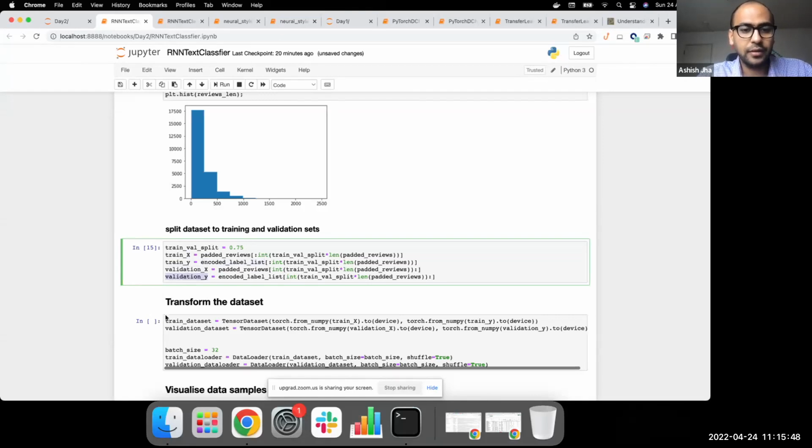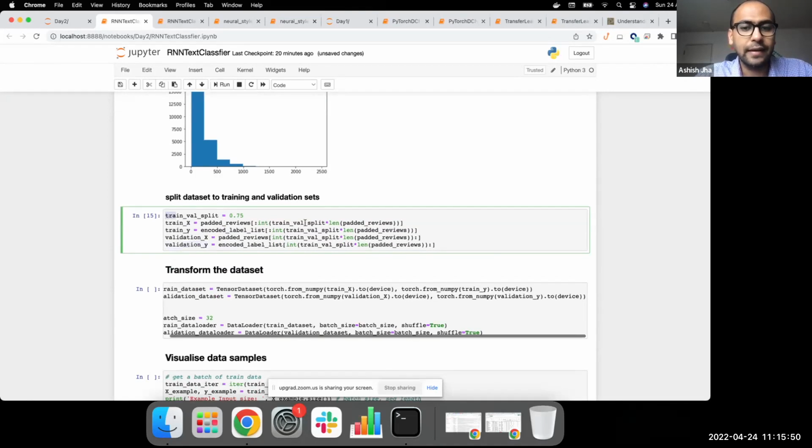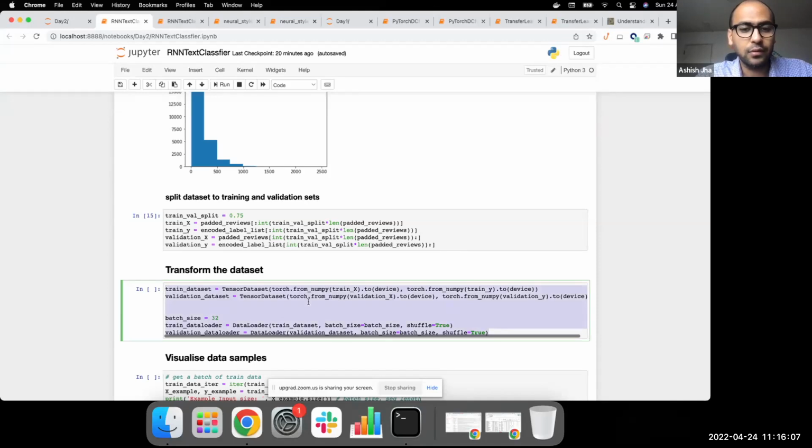Okay, from here we have gotten our data in NumPy array format, but as we mentioned before, machine learning models in PyTorch will not understand NumPy arrays, they need tensors. So for that, we need to convert them into a tensor dataset and data loader. These two steps are really important. I mean, this will be helpful for you even in general. Basically, this is one line to convert a NumPy array into a tensor dataset for PyTorch.